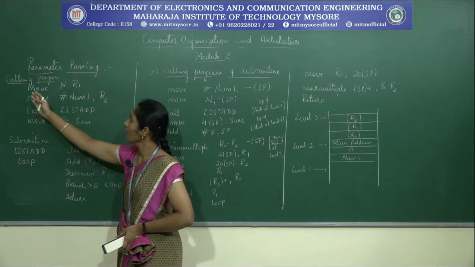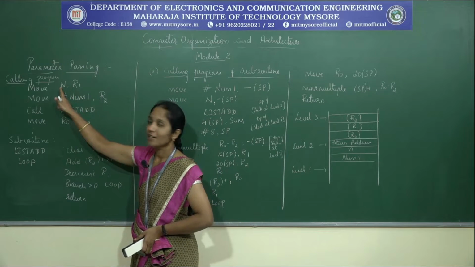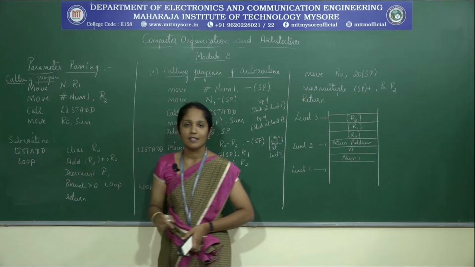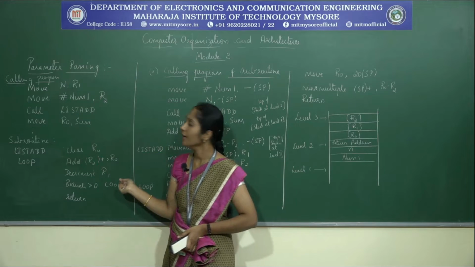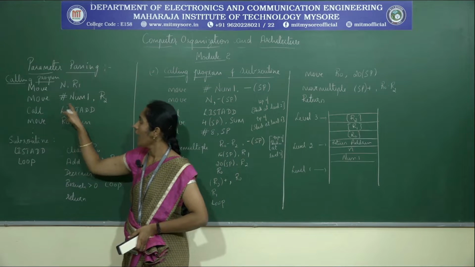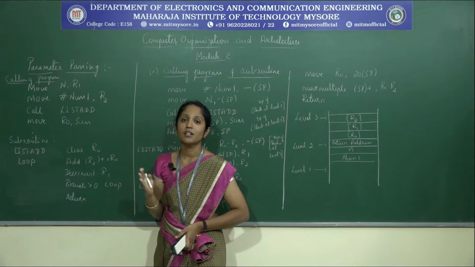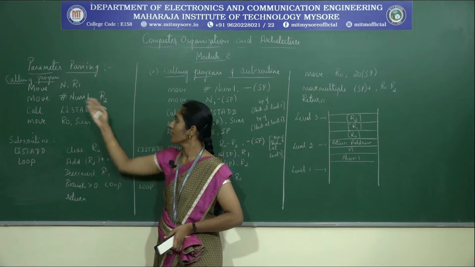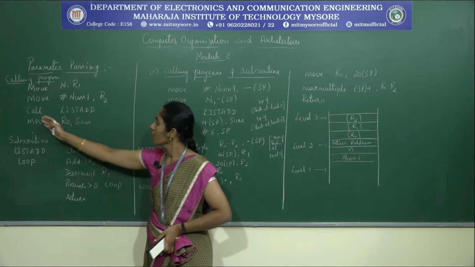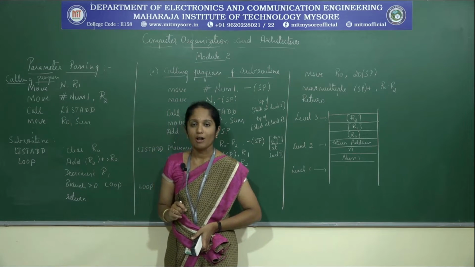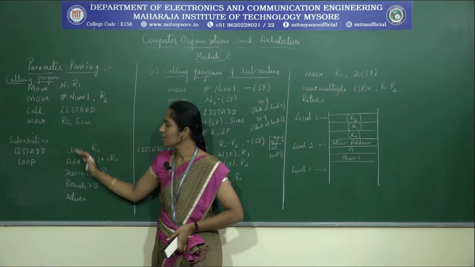If we consider the program, we have Move n, R1. Here we are moving the contents, that is n, into the register R1. n is the total number of values to be added. The next instruction is Move #NUM1, R2. Here we have the location of the first element to be added, moved into R2, so that we can use R2 as a pointer. Next we have the statement Call LISTADD, where LISTADD is the name of the subroutine. Let us see the subroutine now.